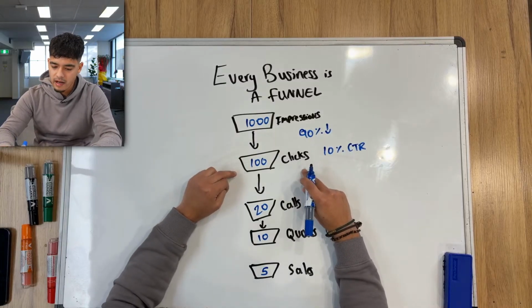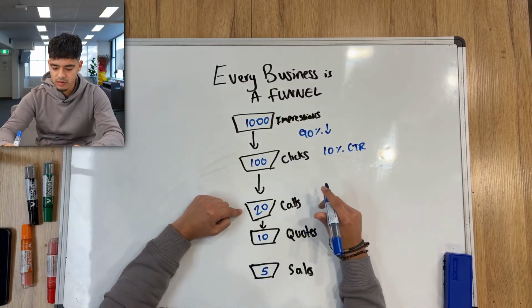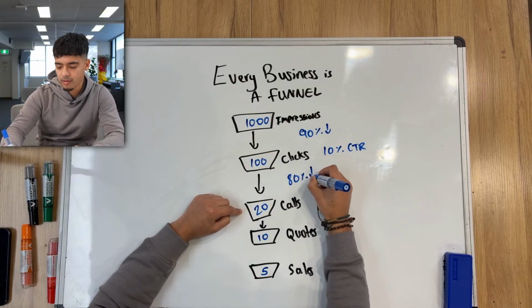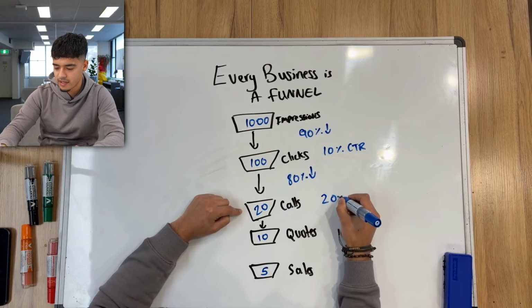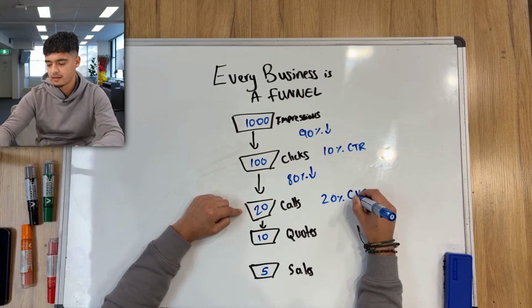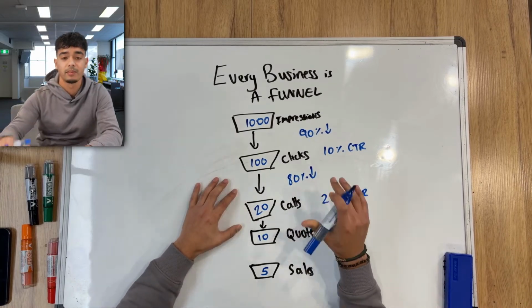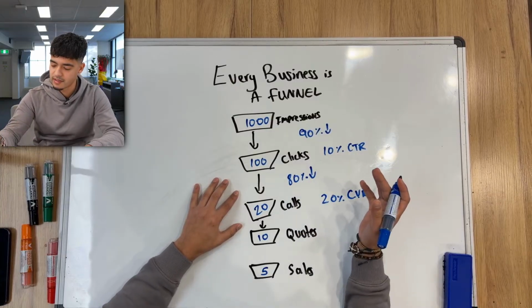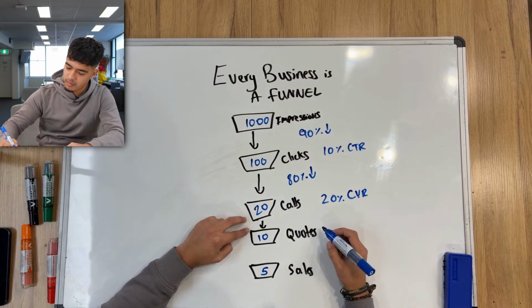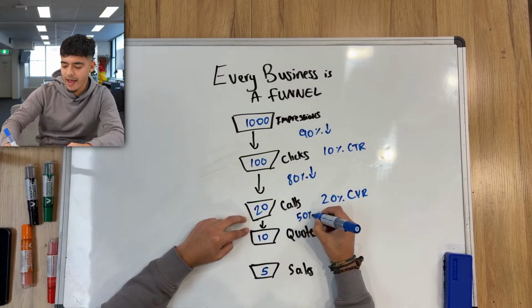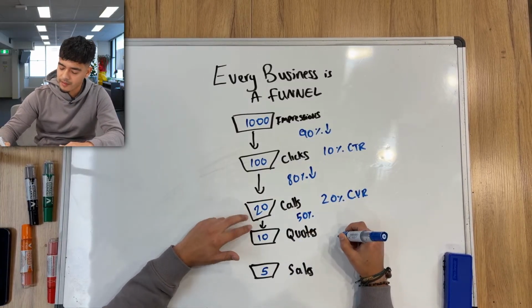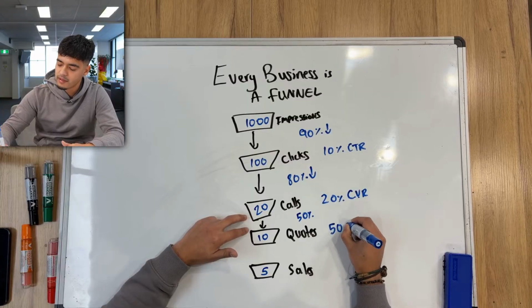From clicks to calls, we have an 80% drop-off, which means it's a 20% conversion rate. So that means 20% of the people that clicked onto your ads actually converted and actually booked in for a call. The next drop-off is a 50% drop-off. Out of those 20 people that gave your business a call, half of them actually booked in for a quote. So that would be a 50%